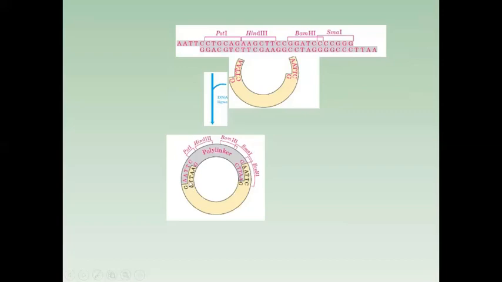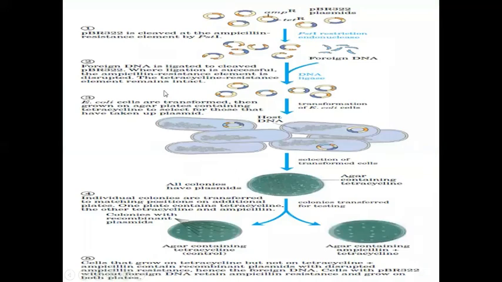Suppose we are cutting a particular DNA with this, and we are trying to join this area with another DNA which is complementary to these sticky ends. And there also we can get a number of recognition sites. So, very briefly today, I will not explain the cloning part, but still, because we are within this restriction enzyme topic, I am just simply explaining the thing.